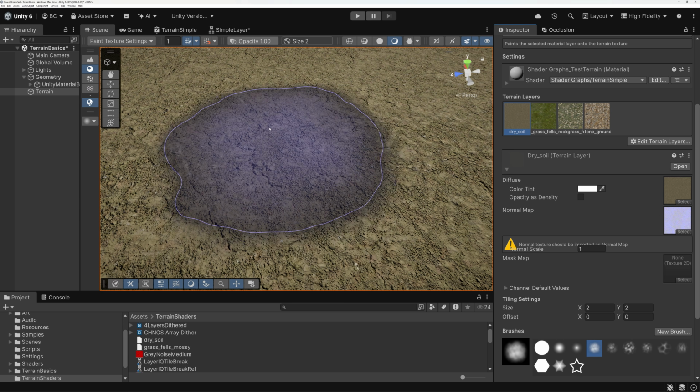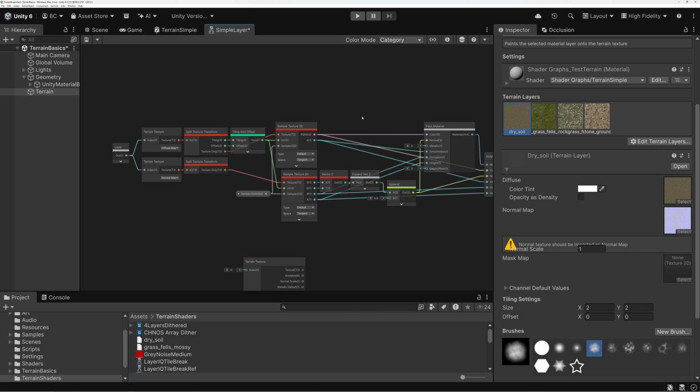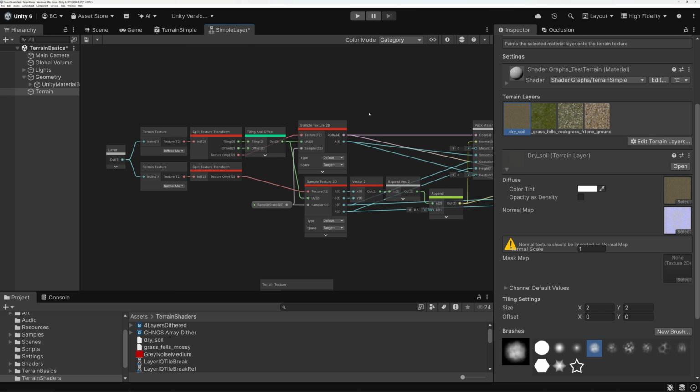Now, in episode 2 of this series, we built this simple subgraph that I showed you just a minute ago. And what I explained was I was leaving out the implementation of these parameters here to make the terrain layer more efficient. Here in our parameters, we have a color texture, a normal map, and a mask map. And what I showed you in episode 2 was how to pack all of this information into just 2 textures instead of 3, so that the layer would render more efficiently. And then I also mentioned that I was leaving out support for some of these other parameters so that we could make this